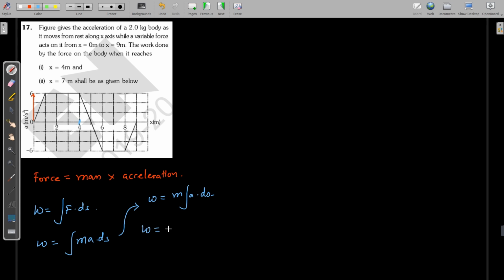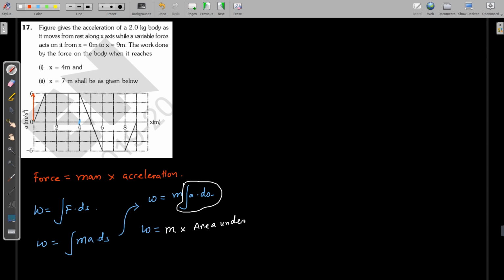Now integration of anything gives us the idea of the area under the curve. So mass into integration of a dot ds, right? So work done, we can find out as mass into, here I can write, area